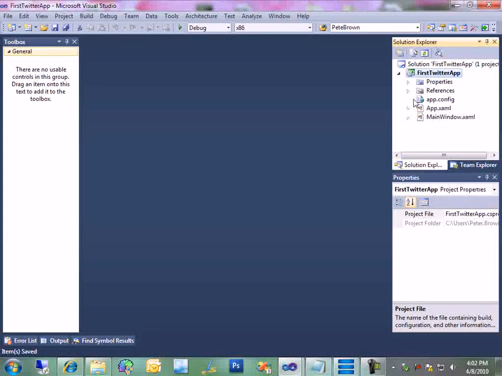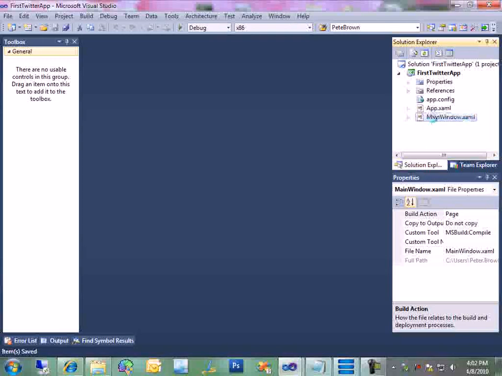And the reason why it's so much simpler in .NET 4 is the client profile is a subset of the full .NET framework. In the previous version, it was logically a subset, but it was really treated as a whole separate framework. The next thing that we're going to do here, since we've got our XAML file with the UI